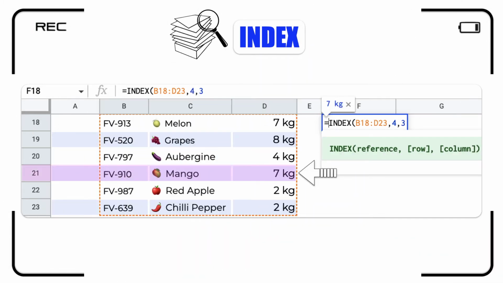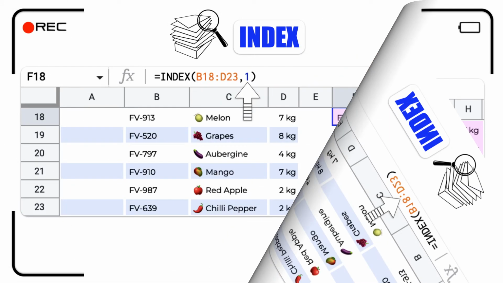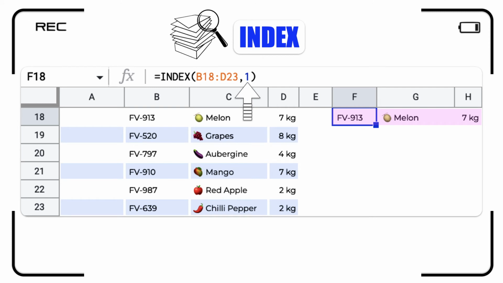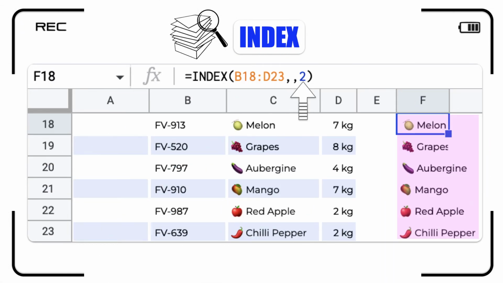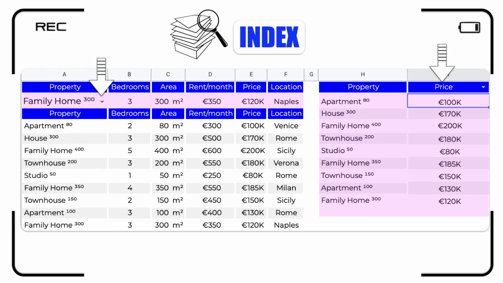Despite the value being in row 21 and column 4 in our sheet, the index function uses positions within the selected range. If we ignore the row or column parameter, the index function returns the entire range. If we provide only the row, the index function returns the entire row in the selected range. If we provide only the column number, the index function returns the entire column in the selected range. We can use this feature to filter the data horizontally or vertically.